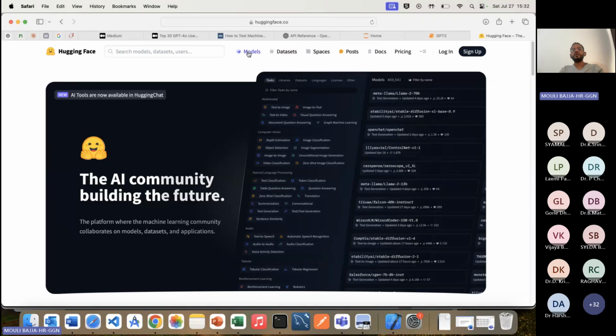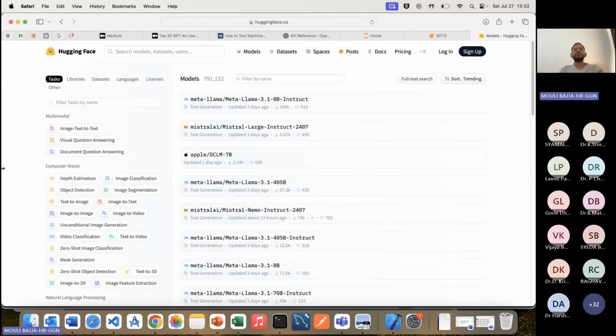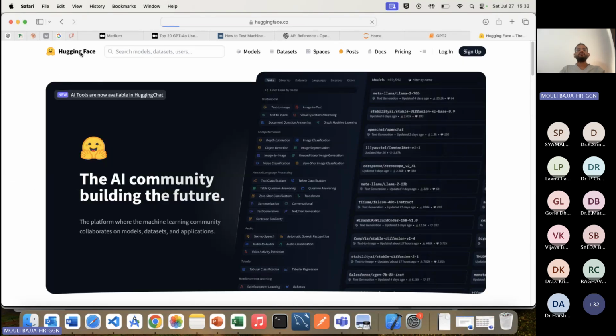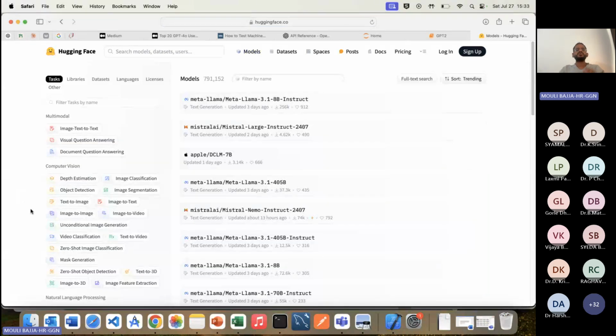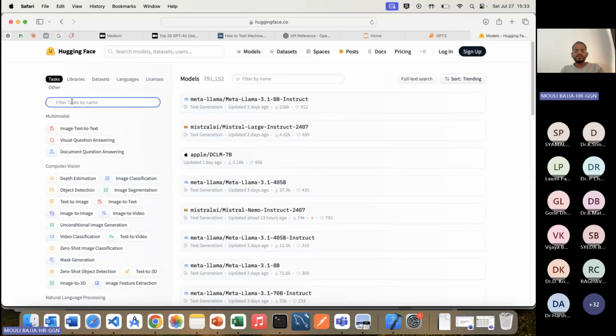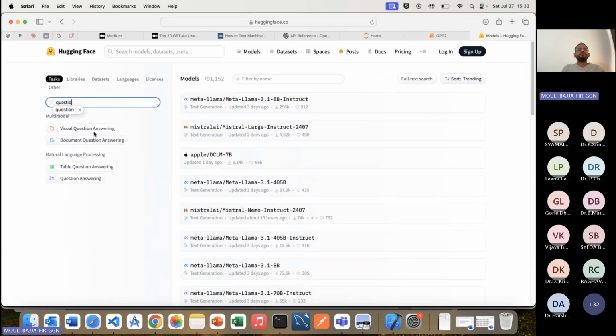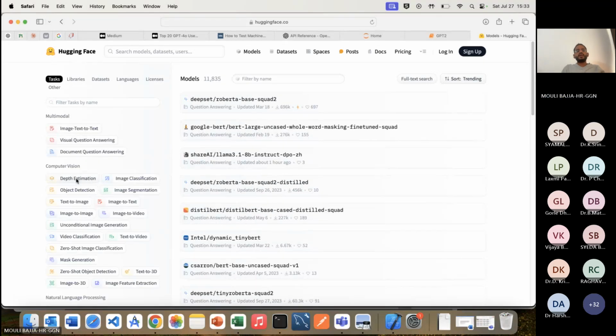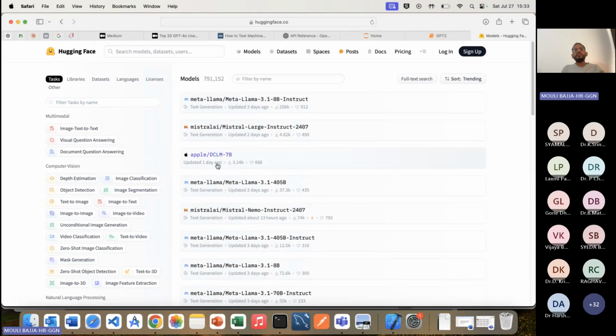So here you ask for the model that you want, and you will find it here. Let's say you want Hugging Face, you can go there, it is a free sign up. All models are open source libraries. If you have anything on Hugging Face, this is the open source. Now I want a question answering task. So you have visual question answering, simple question answering. And I click this, I will have,